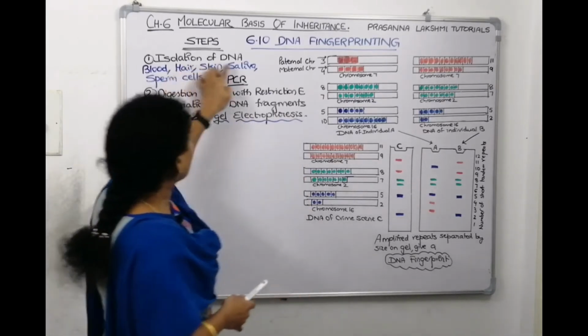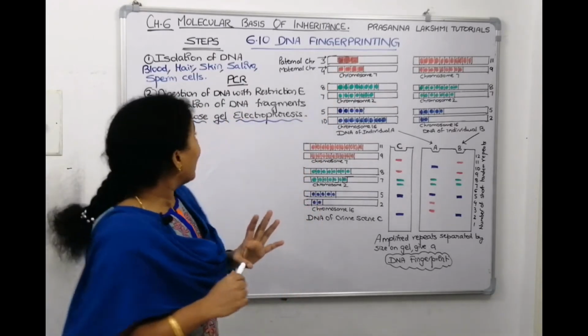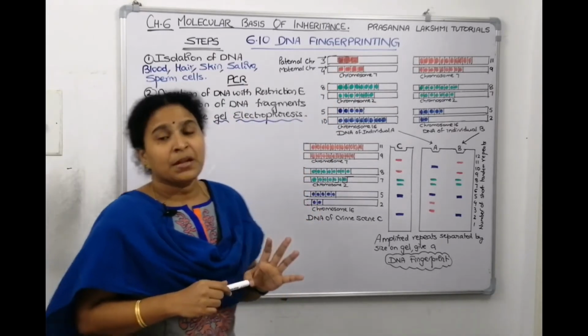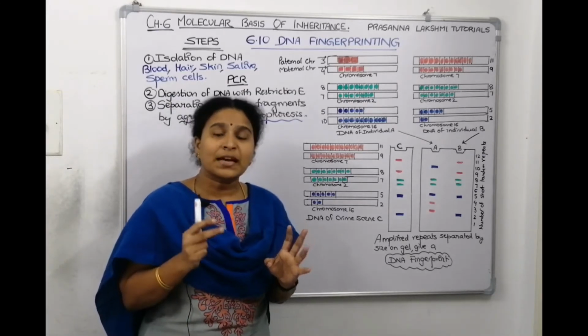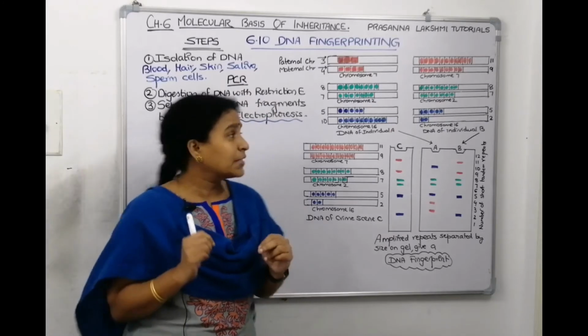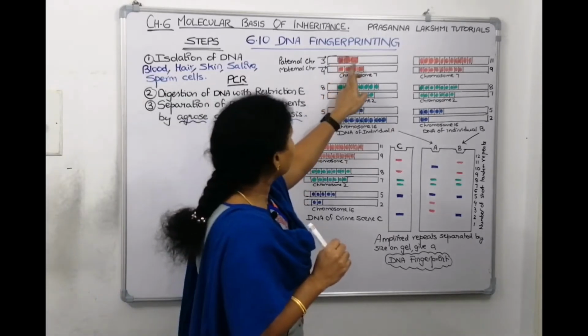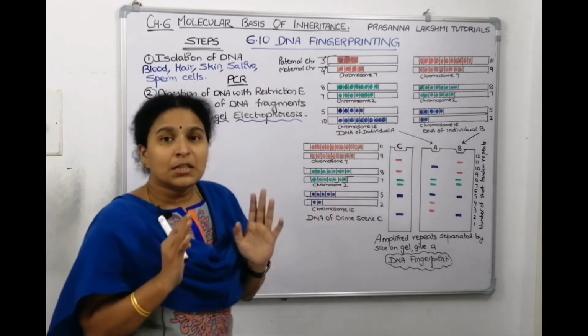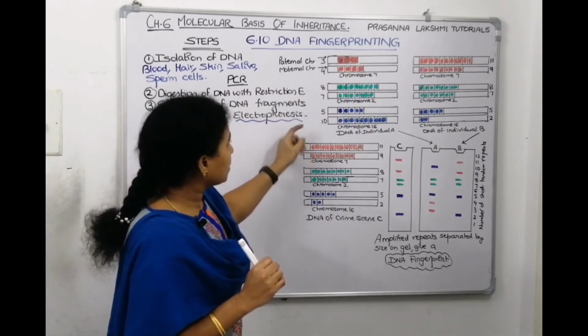First they isolated the DNA, so they isolated the chromosomes. That's the first step. Afterwards they digested it at specific sites, I told you. So where do we digest? We digest with restriction enzymes, at specific sites. When we digest, we will get the fragments. See, these are the bits. These fragments are separated by using agarose gel electrophoresis.